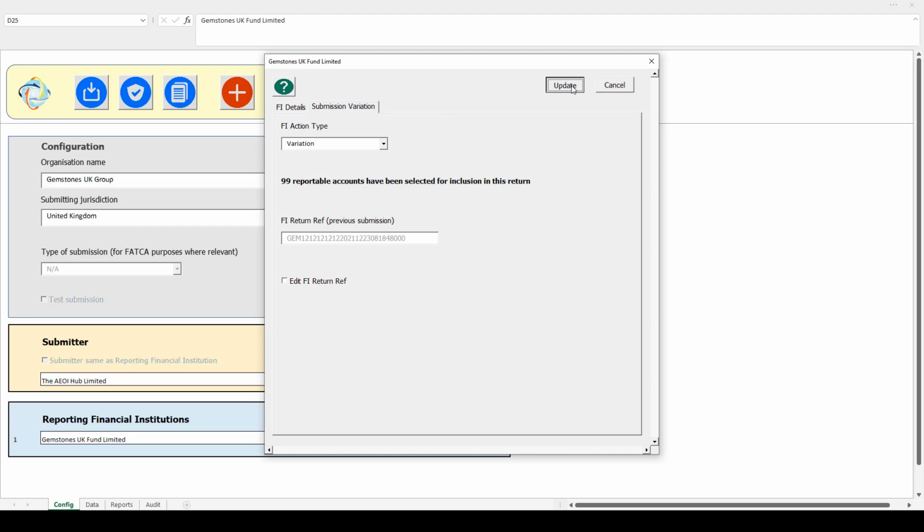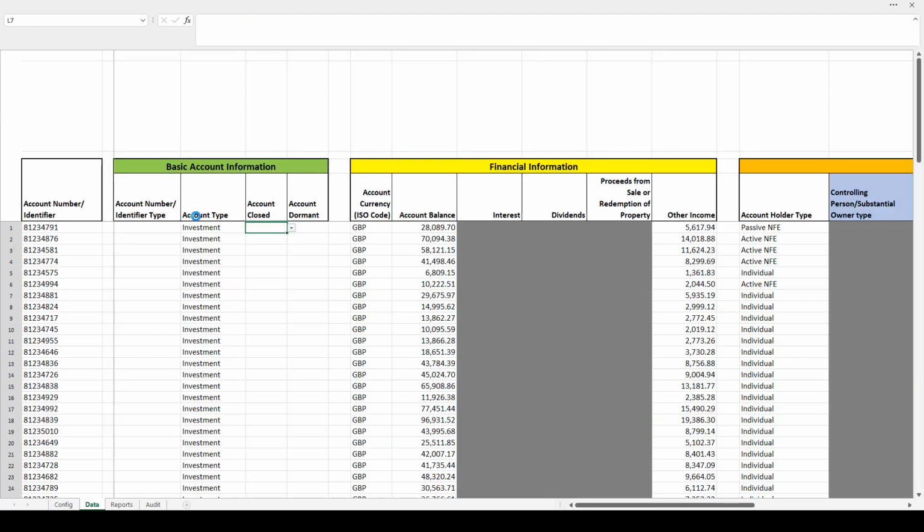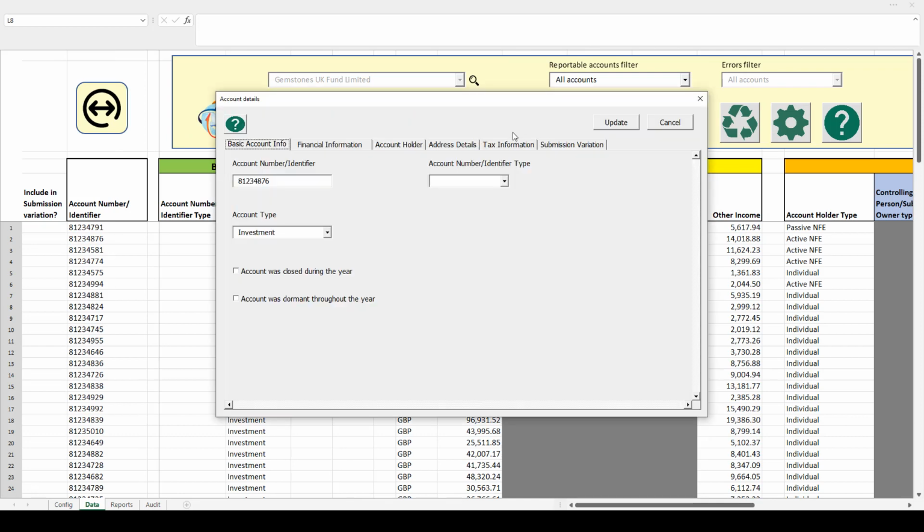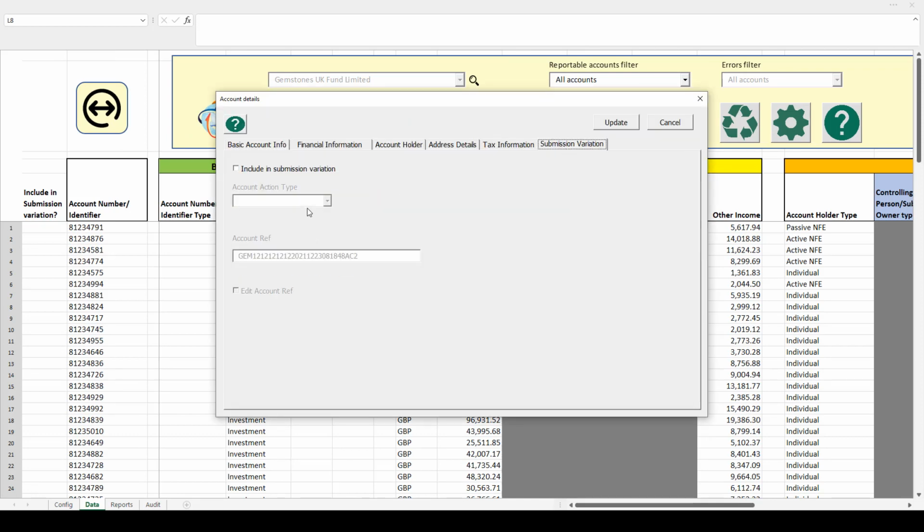If I select variation and then take a look at the accounts data, if I then select one of the accounts and say that it's to be included in this submission variation, there's then an account action type where I can say that this data is new, that it hasn't been sent before, it's variation, which means it's to be updated, or it's void, which means you're telling HMRC this account data that we previously sent should be ignored, deleted.